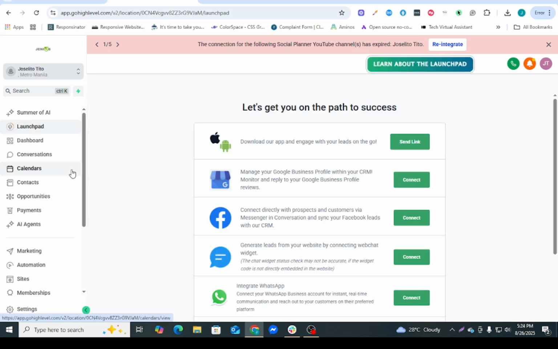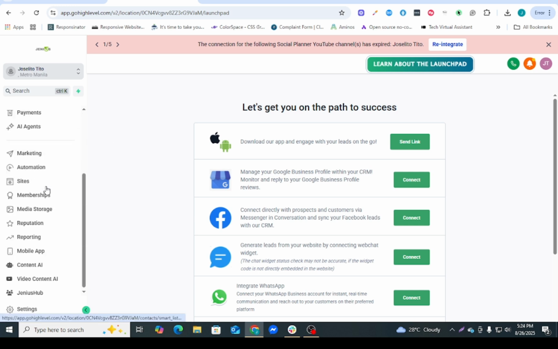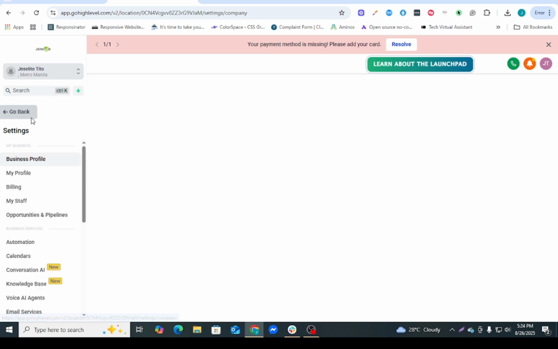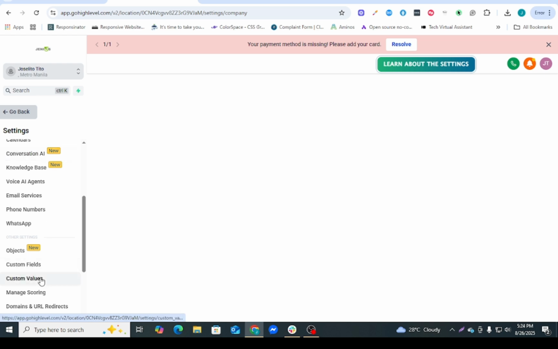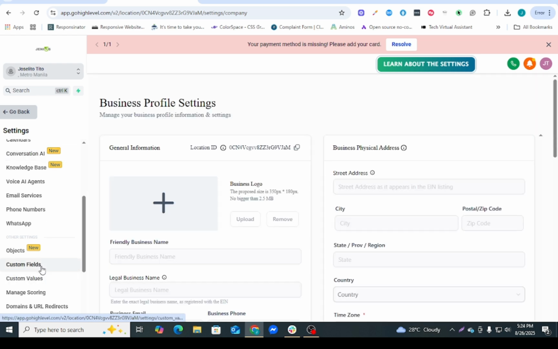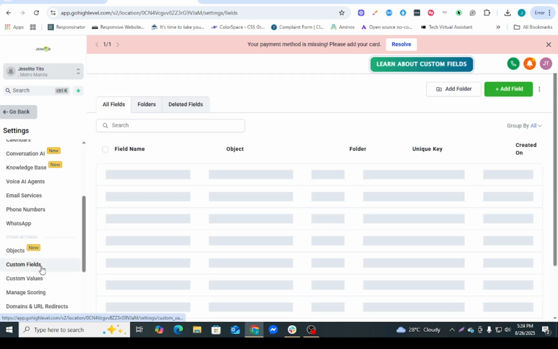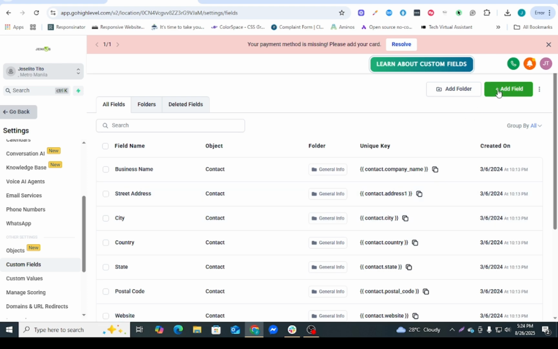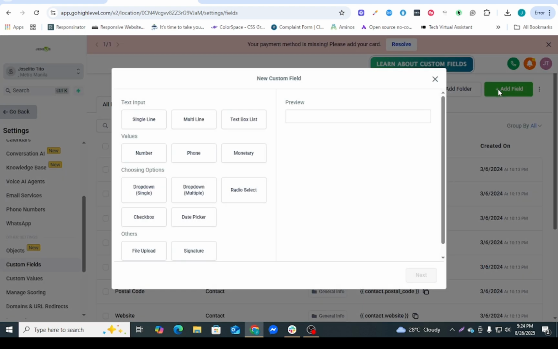How to create the custom fields inside the Go High Level. Navigate to settings, look for custom fields, click add field,